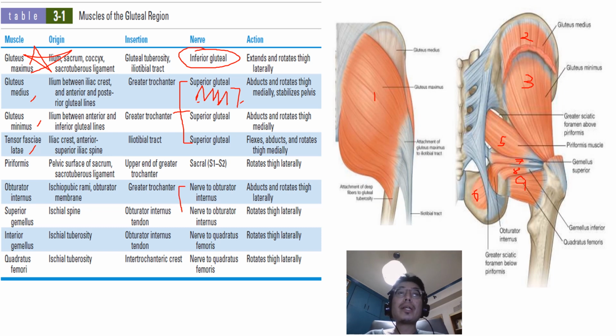More key takeaways here. There are two important muscles innervated by the nerve to the obturator internus. Of course, one of them is the obturator internus and the other one is the superior gemellus. Finally, the nerve to the quadratus femoris innervates two important muscles. Needless to say, one of them is already the quadratus femoris, and the other one is the inferior gemellus, which is a matter of proximity.